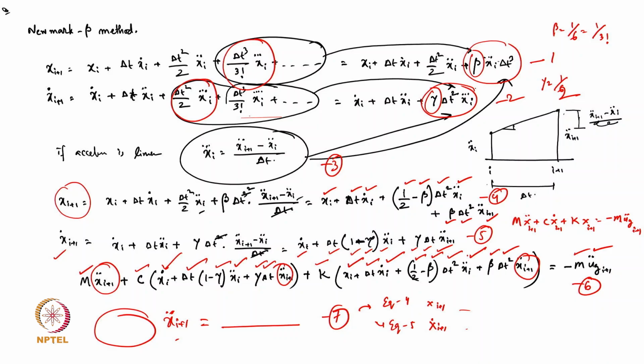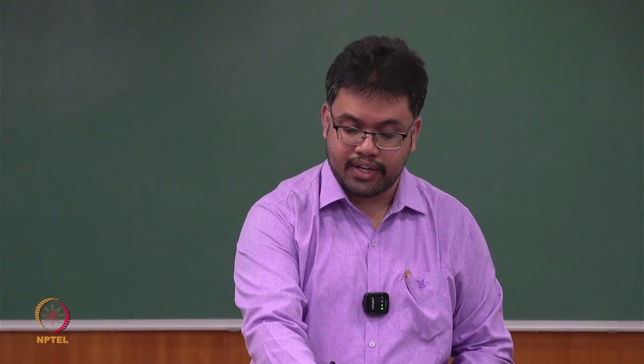And how is the jerk varied? Jerk is defined as a linear variation of that. So the value of beta equal to 1 by 6 and gamma equal to 1 by 2 should give me the same result as the linear acceleration case. Because linear acceleration case means constant jerk, and once the jerk is constant, then the higher order terms of the jerk will all be 0. Make sense? So once those higher order terms get truncated, absolutely truncated, no effect on that,